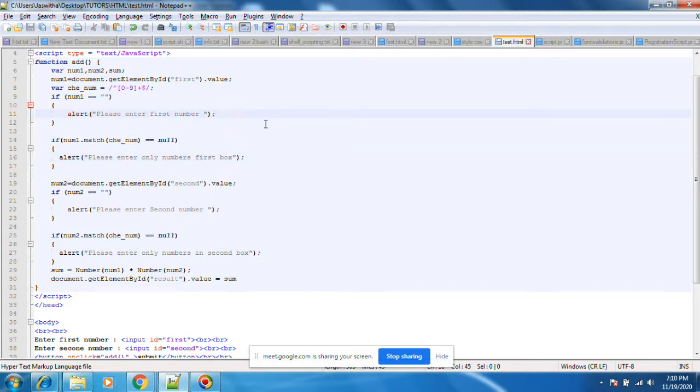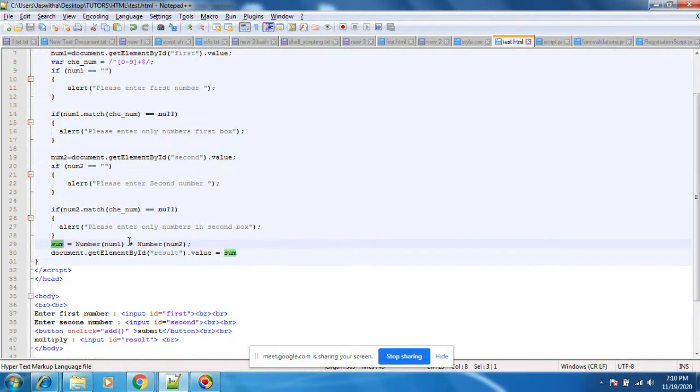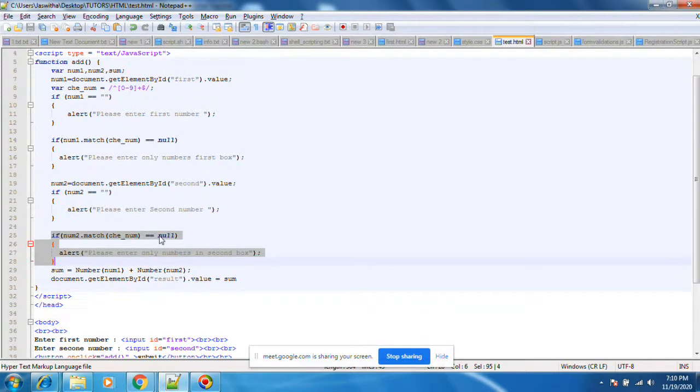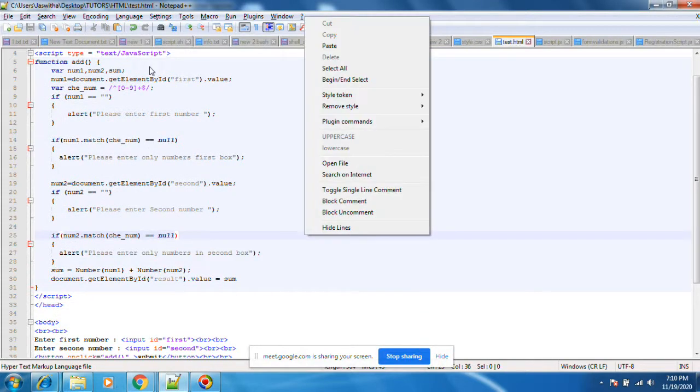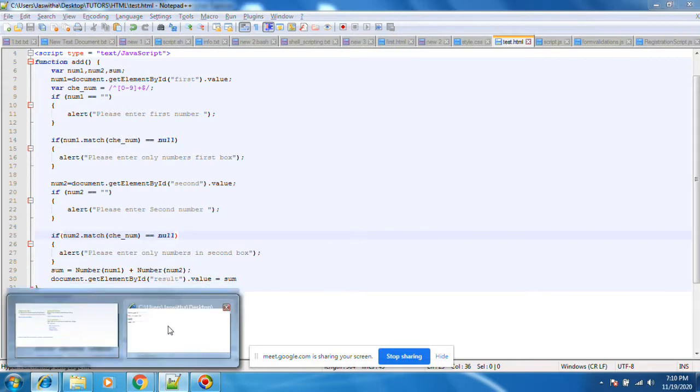Make sure this one is typecasting, string to integer. This num1 is by default a string. We are typecasting, and only then will we do the sum or multiply, whatever it is. You can use sum, plus, instead of multiply, and the sum will display here. Save. This will be the second validation. We are accepting only numbers. Let's save this one and then refresh here.